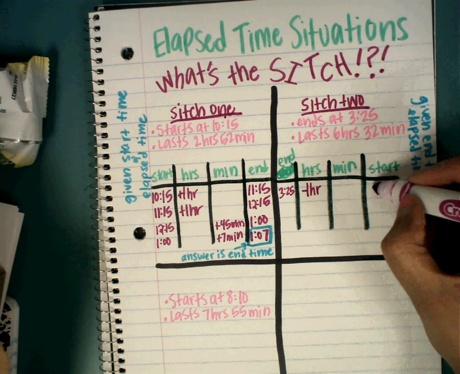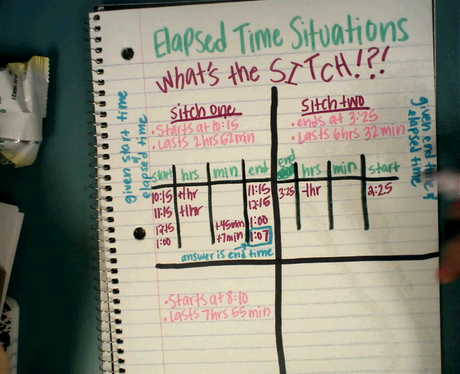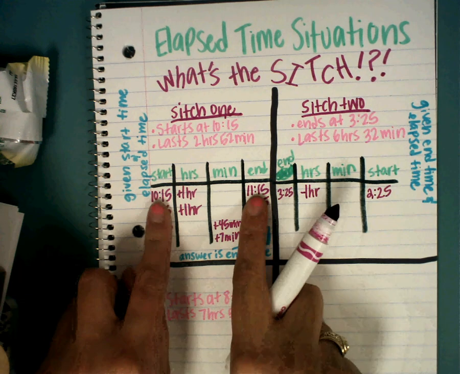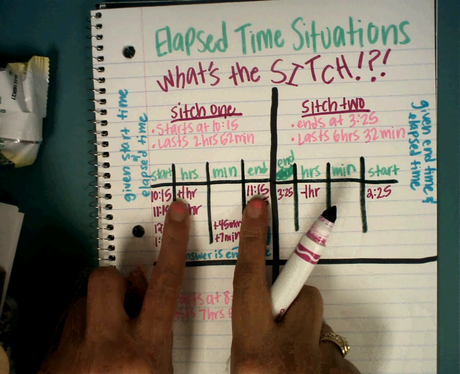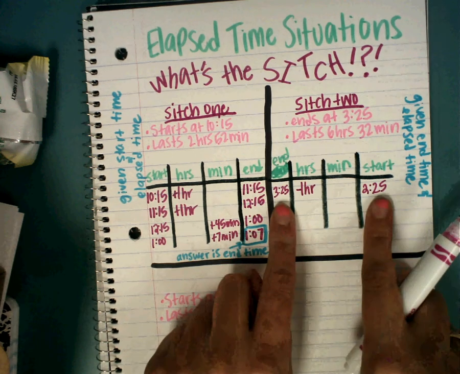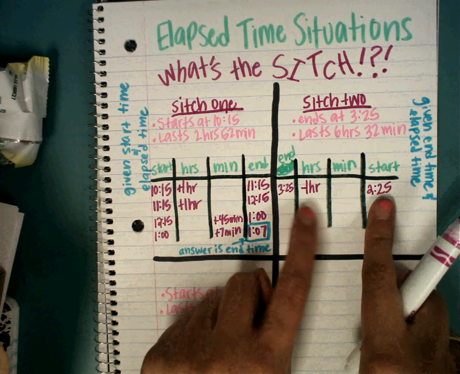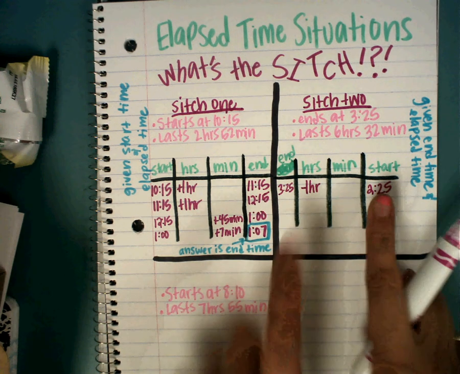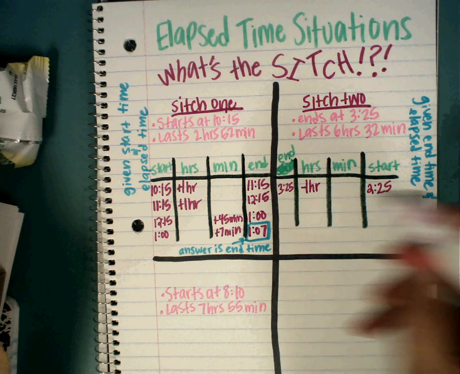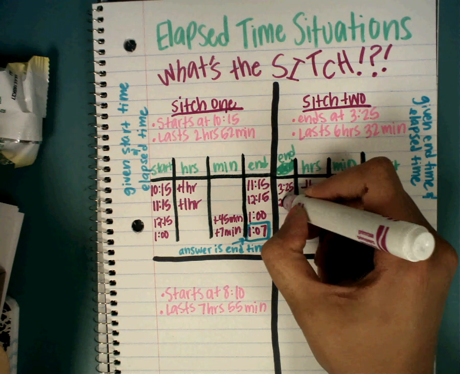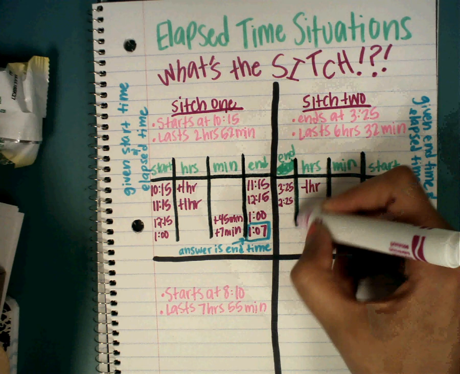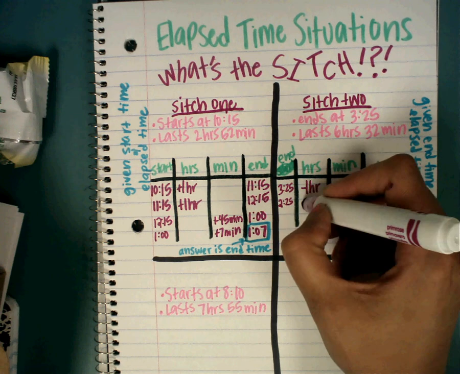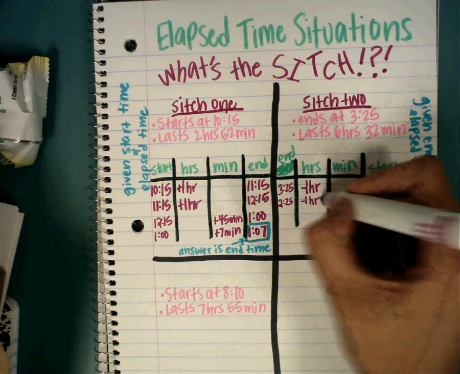2:25. So do you see the difference? Here we went from 10:15 to 11:15 where we're progressing in time, right? That's why we added. Here, we are going back in time, so we are subtracting. Okay? Let's keep going. So now we're at 2:25. We might run out of room this way, y'all. So 2:25 minus 1 hour gets us to